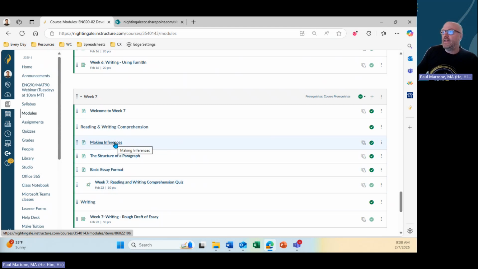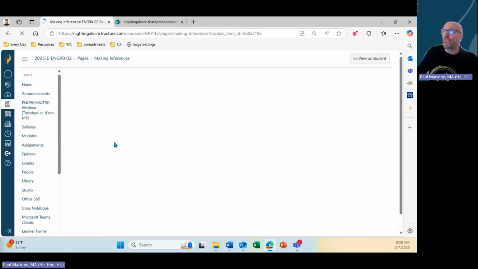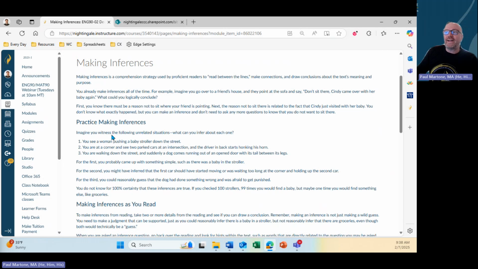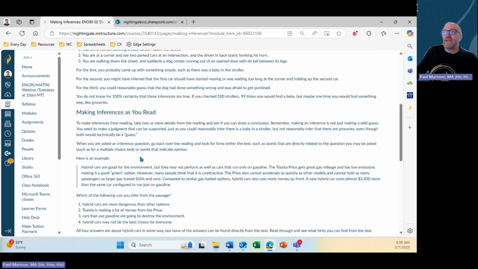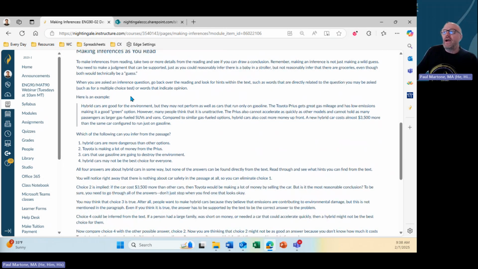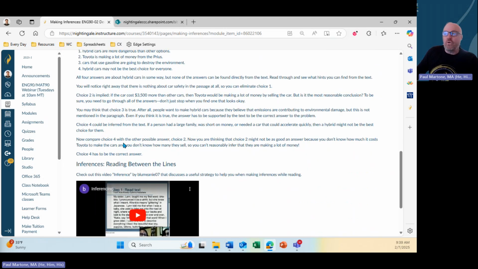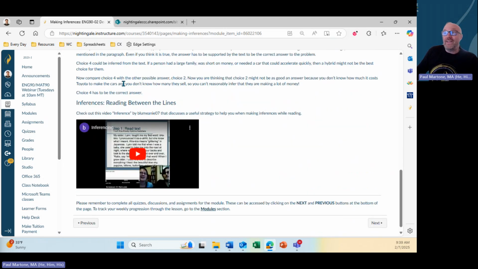So let's go ahead and click on making inferences. What is going to appear here? Your definition of an inference. What does it mean to make an inference? How can you practice making inferences? Here are some concrete examples to ensure that you understand this fully. Making inferences as you read. How do we do it? How about some examples? Make sure that you read this over before and that you have access to this material